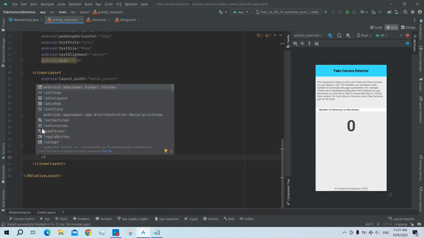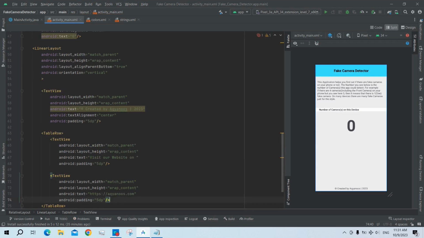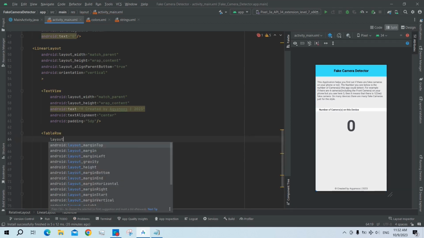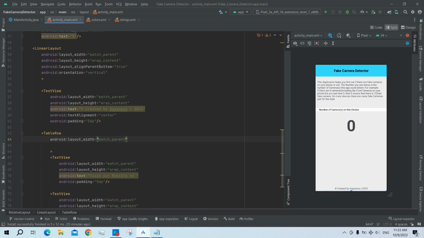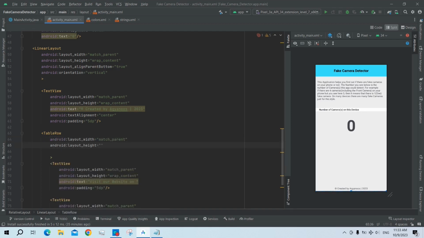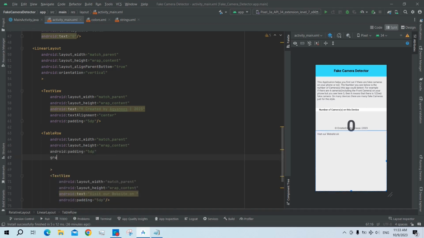You have table row, first layout width match parent, layout height wrap content, and then padding 5 dp, and then gravity